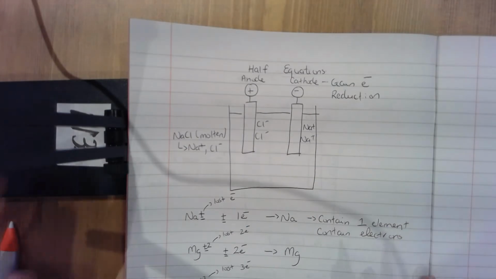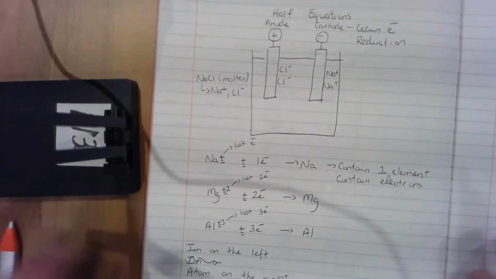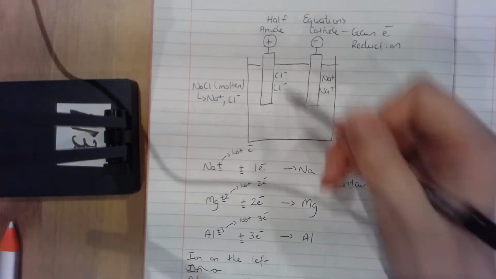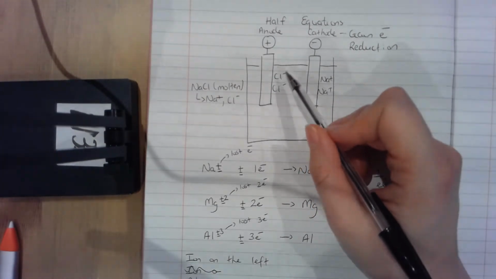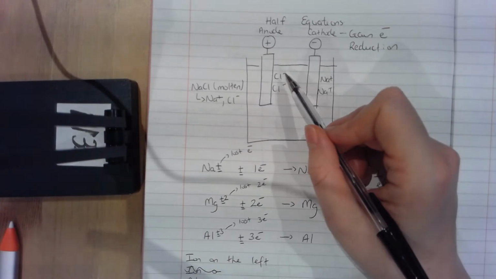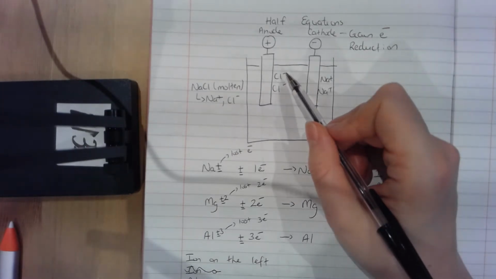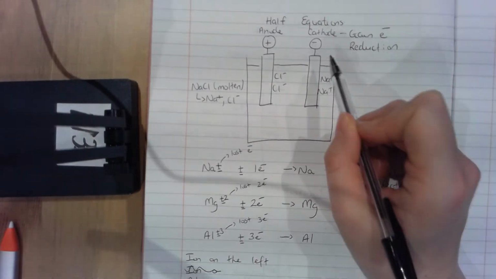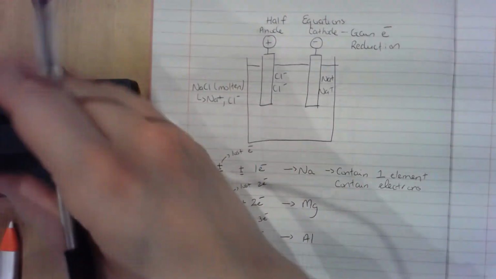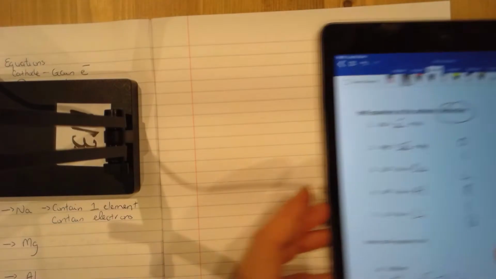Okay, now I'm going to go through the anode and the half equations that you're going to see at the anode. So we saw here, we had chlorine, okay? Chlorine has a negative charge. The negative charge tells me chloride has gained electrons, and if it goes to the anode, it's going to lose them again. So it's going to be the exact opposite to what we saw at the cathode. So I'm going to come over to this page,